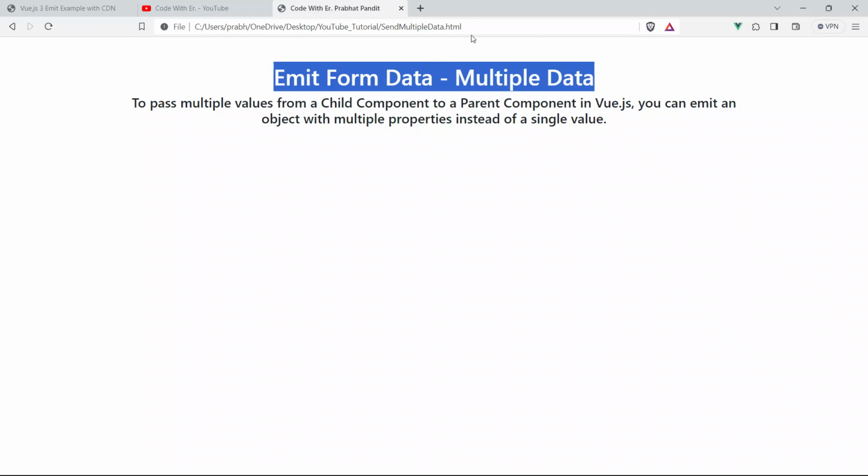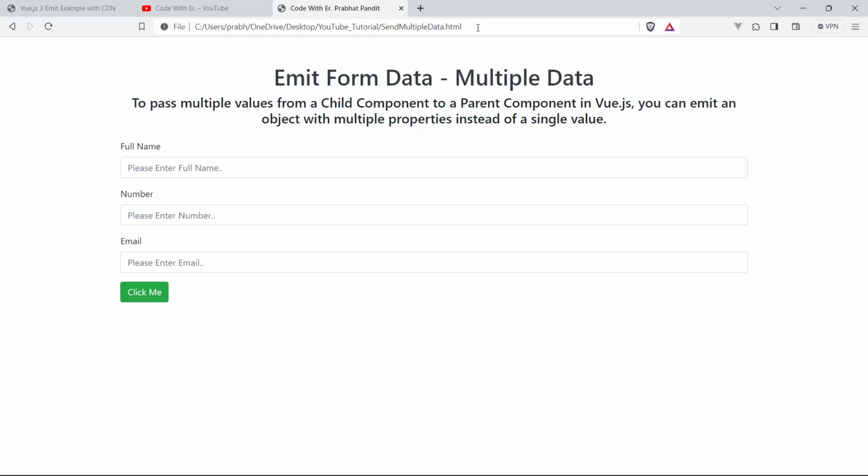Okay, so guys, now just refresh the page. See, boom guys, our code works. You can see we are able to see 3 input fields, name, number and email, and one button, click me. Okay, so guys, after filling all the details, the name, number and email, whenever the user is going to click on this button, click me,